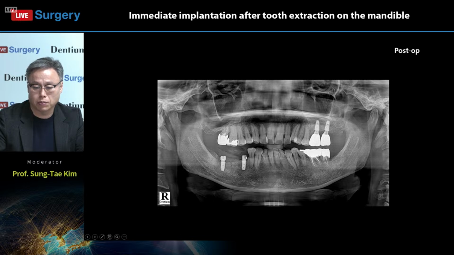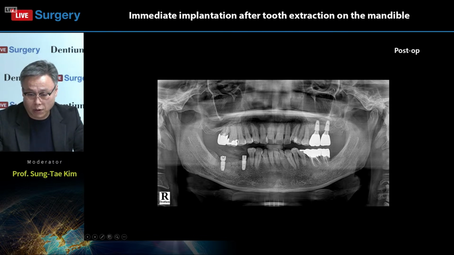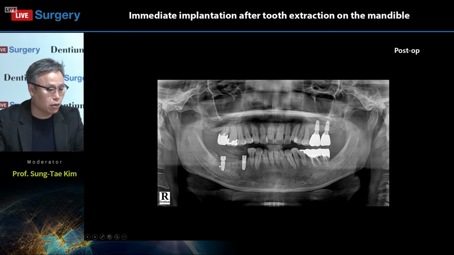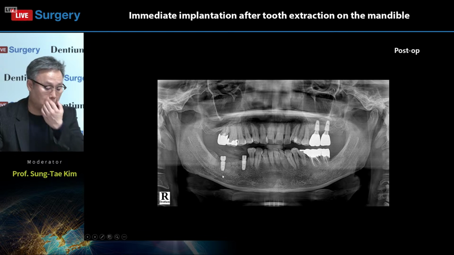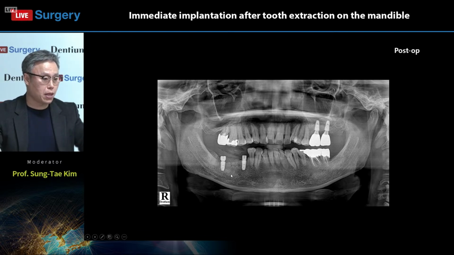The top of the healing abutment is good for maintaining the flap easily. And he filled the bone graft up to the top of the healing abutment level and used the collagen membrane. So as I mentioned at the beginning, on the 47, you don't have to place a long implant. You can see that there's pretty much space between the apex of the implant and the mandibular canal, but because of the axis of the implant, if we use a long implant, sometimes we can break the lingual plate. It's not good. So I think the length was ideal for the implant in the 47, and the 45 also